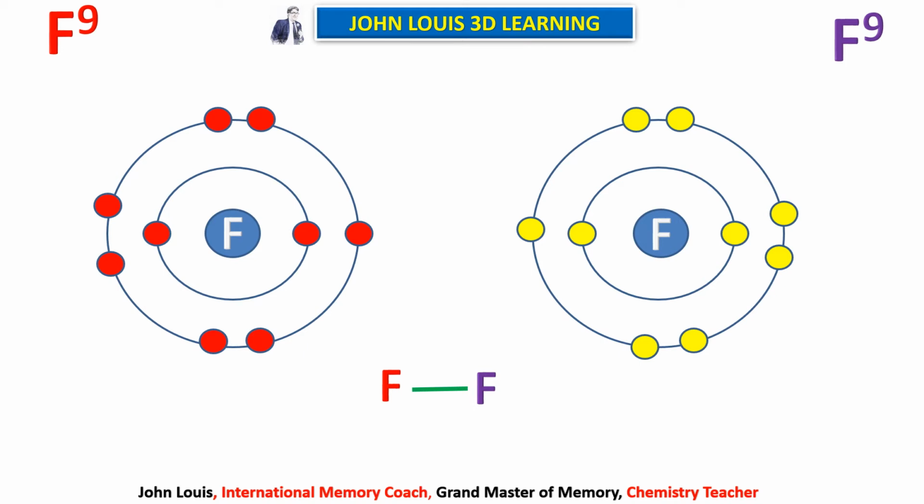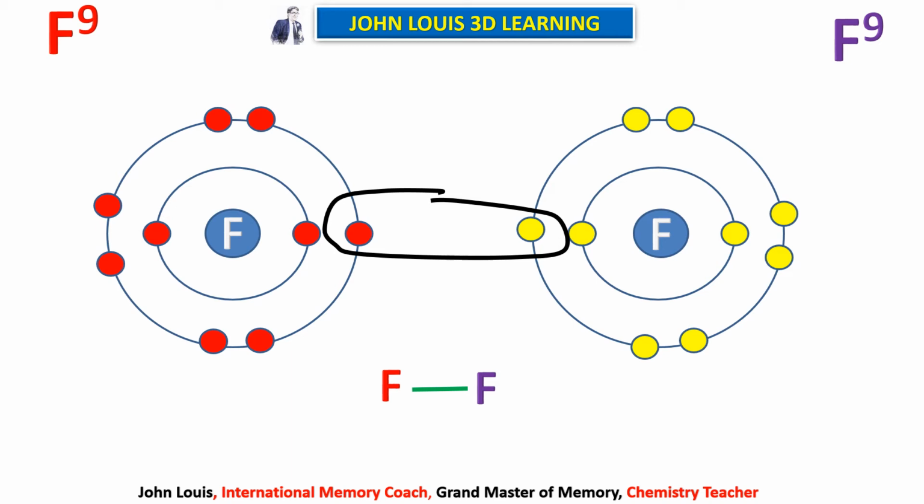Suppose the first fluorine atom gives 1 electron, then it will have only 6 electrons. If the second fluorine atom gives 1 electron to the first fluorine, then this will have only 6 electrons. Therefore, they both share 1 electron equally. This fluorine shares one of its electrons, and the second fluorine also shares one of its electrons, and they share it mutually. Now both the fluorine atoms will have 8 electrons each. Am I right? Thereby it creates a bond between two fluorine atoms.